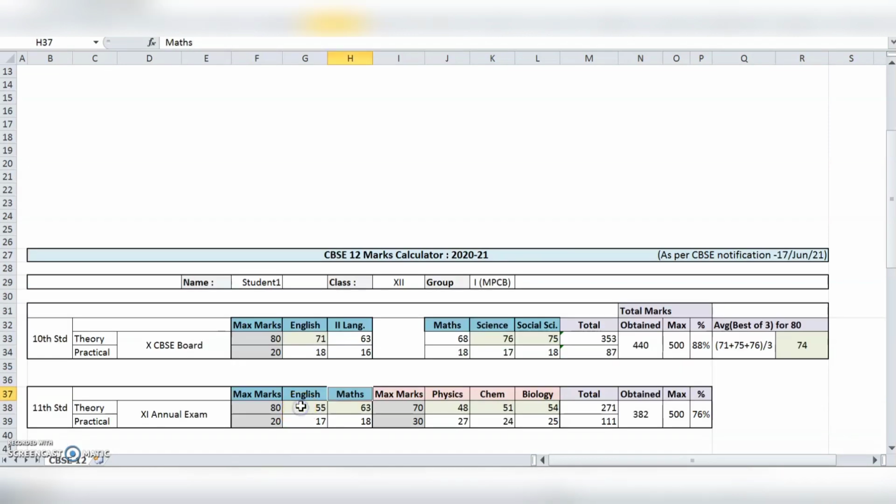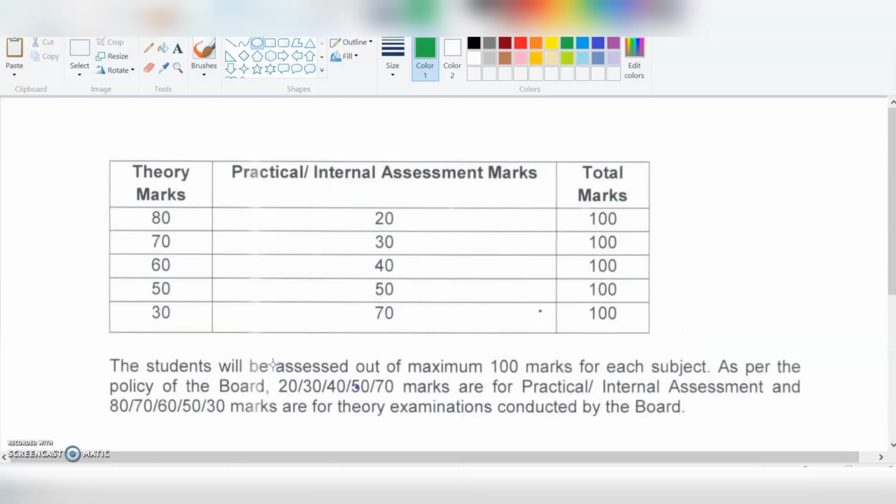For 11th, the marks are taken for 5 key subjects. For this Group 1 student studying Physics, Chemistry, Biology, Maths, and English, 2 subjects have a maximum theory mark of 80, while the other 3 have a maximum mark of 70. Please update your scores here, and the practical scores are not considered for your plus 2 theory component. The maximum mark for theory is calculated and shown here for Group 1, and for other groups this could vary in different distributions.